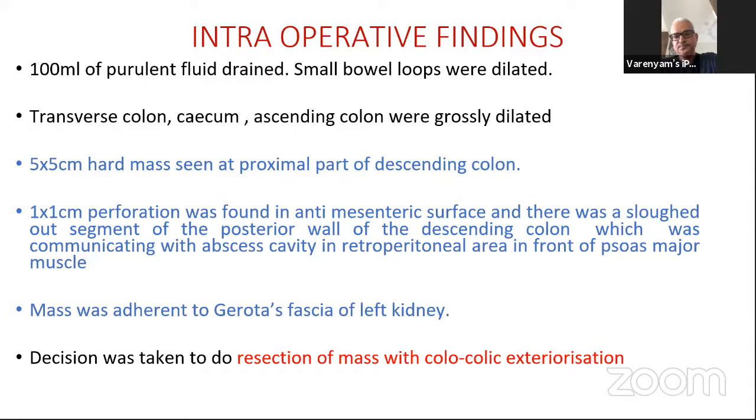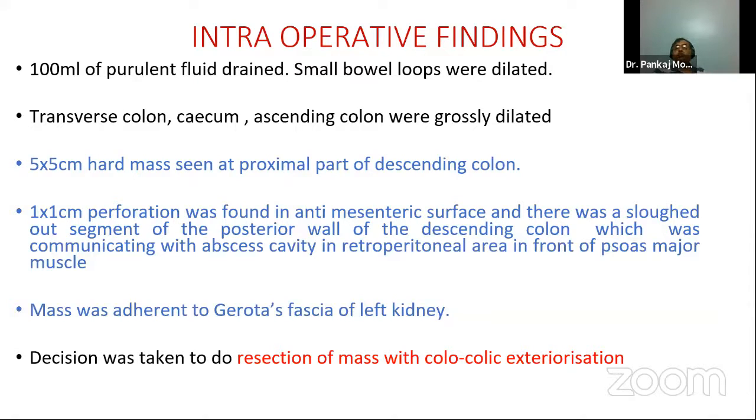If the transverse colon had not been mobilized, we might have thought of doing a separate stoma, taking out the proximal and distal loop from a separate site. That was another option that we discussed. Since the patient's bowel was not well prepared and the colon was grossly distended, doing a primary resection and anastomosis was out of the question.